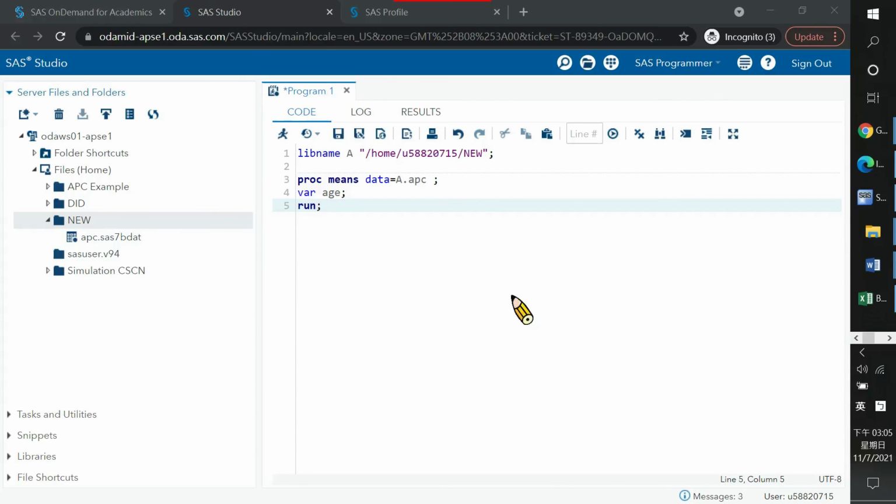Okay, this is a quick demo of the SAS On Demand for Academics system. If you have been using SAS for analysis before, then you will find this pretty easy, because this is just an online interface of SAS, and all the programming logic and language are totally the same. If you have not been using SAS before, this could be a good opportunity for you to build your SAS skills, because in the future you will have this online platform to access from everywhere for your data